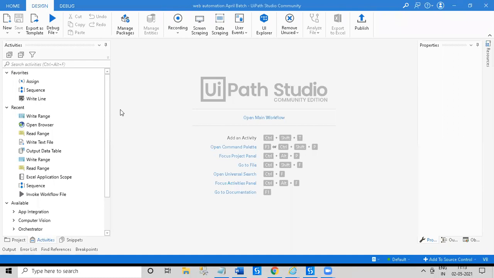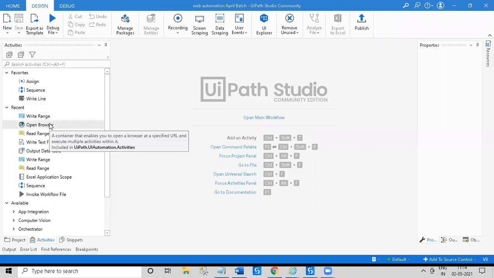Actually, UiPath Studio works visually. Even if we don't know even a single coding language, we can learn UiPath. But in order to apply the logic, they are just checking how good we are at applying the logic, whether we can apply it or not. We have to use things like an if condition. Directly, we have all these activities present over here. We have more than 500 activities present.